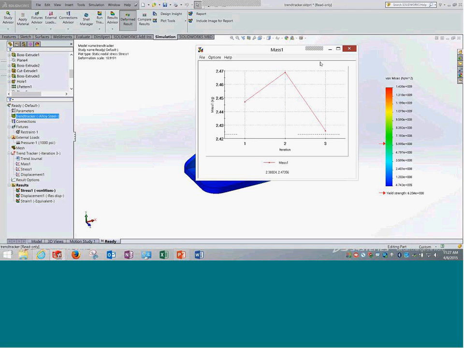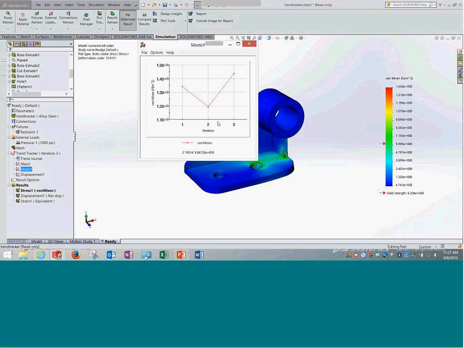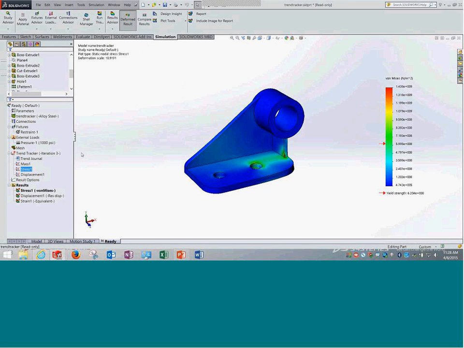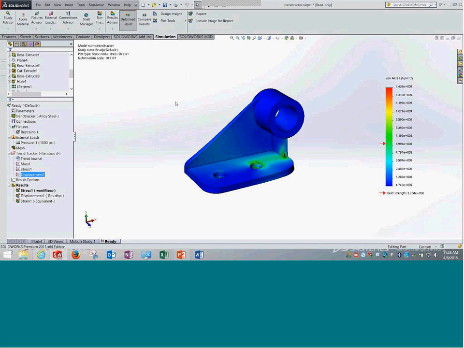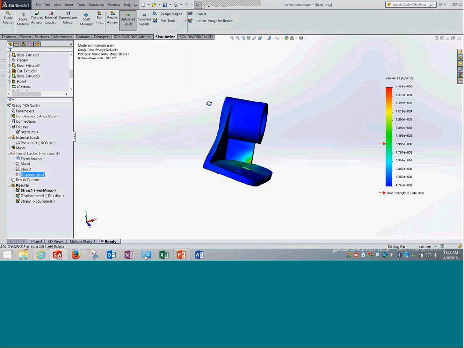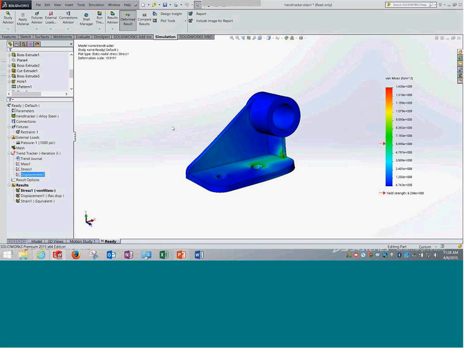But important would be stresses. Let's see how the stresses have gone. Like this. They've gone below at a certain level, and then again gone worse because we have changed the dimension, and finally displacement. Same over here. So this is an interesting tool which keeps an eye on the design changes that you're doing. Finally, you can get a good feel of whether you are actually improving the design or something is going wrong. You can also have an understanding of